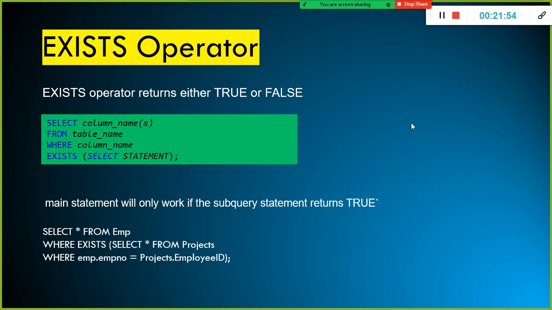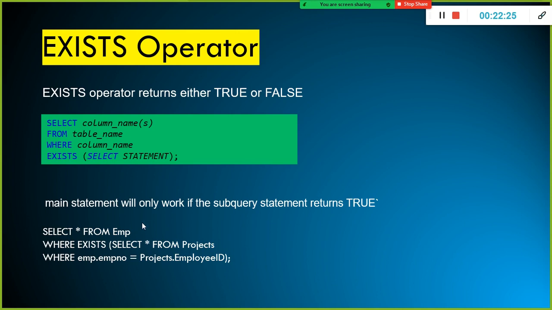And what is the exist operator? We have something else called the exist operator. Look here: select from where exists. This is the subquery here. The exist operator checks for the existence of data, for example, where exists select from project, employee number, employee ID. Let's say I'm using another table called projects.